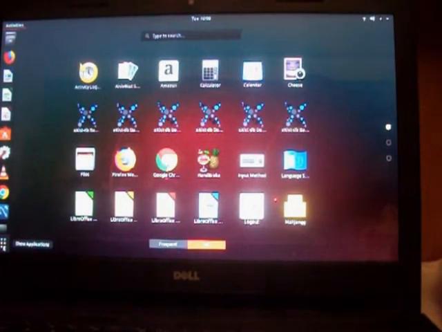So anyway, we have the input method. We can change the language of our computer if we want to. So I will go through here and see what we come up with, and